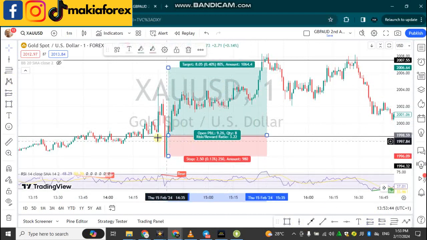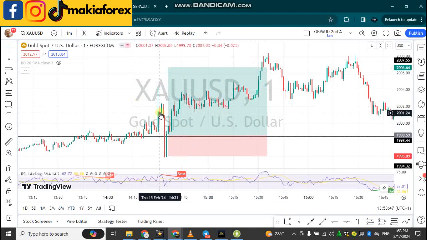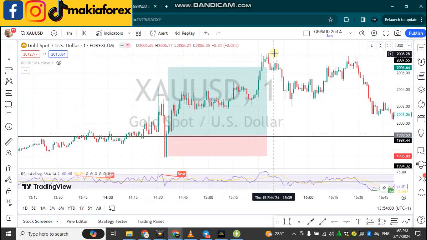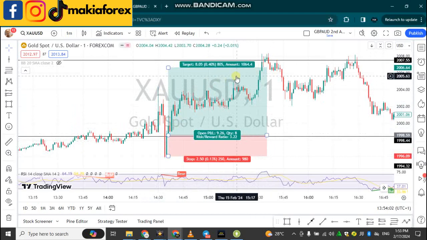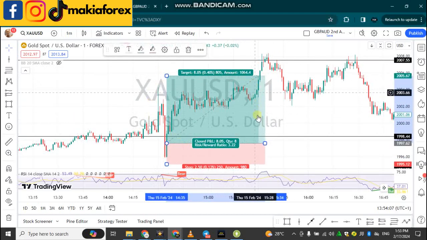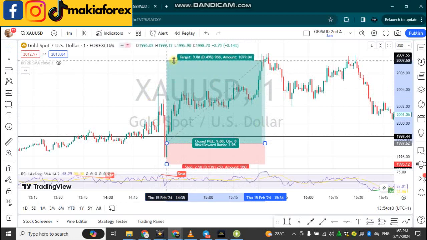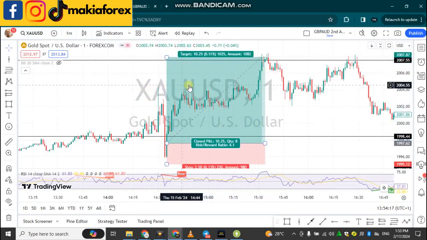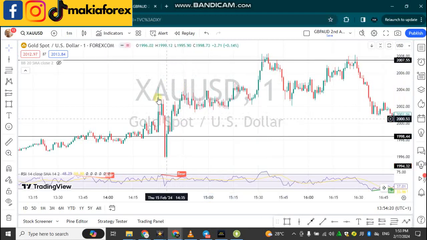So you can see that, let's say this is the first minute, 1 minute, 2 minutes, 3 minutes, 4 minutes, 5 minutes. After the first 5 minute candle, price rose up and dropped quickly. The next 5 minute candle was bullish, and it kept going bullish all the way to 30 pips, 40 pips, or however you want to put it. So let's say you bought in this particular area and it kept going bullish all the way to this particular area. That's a good 1:4 risk to reward ratio, depending on how you want to put it. Yeah, so I think this is a very good target for next time.